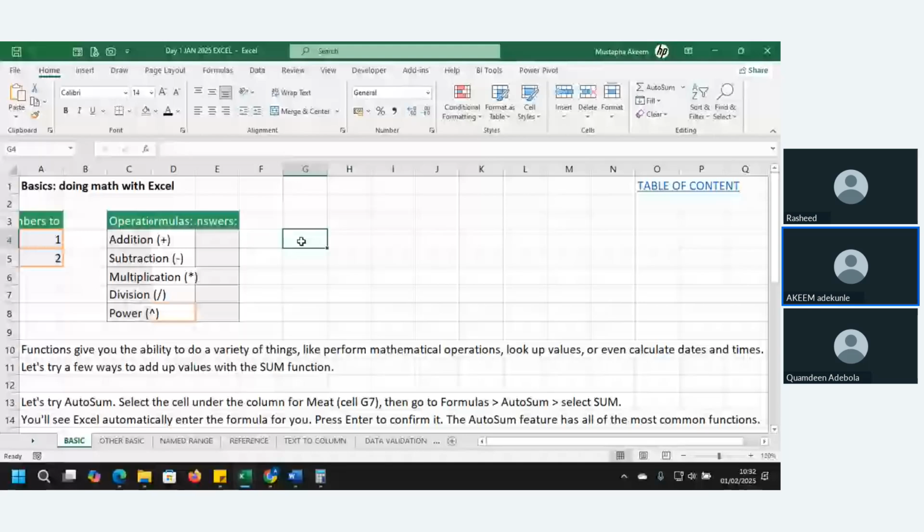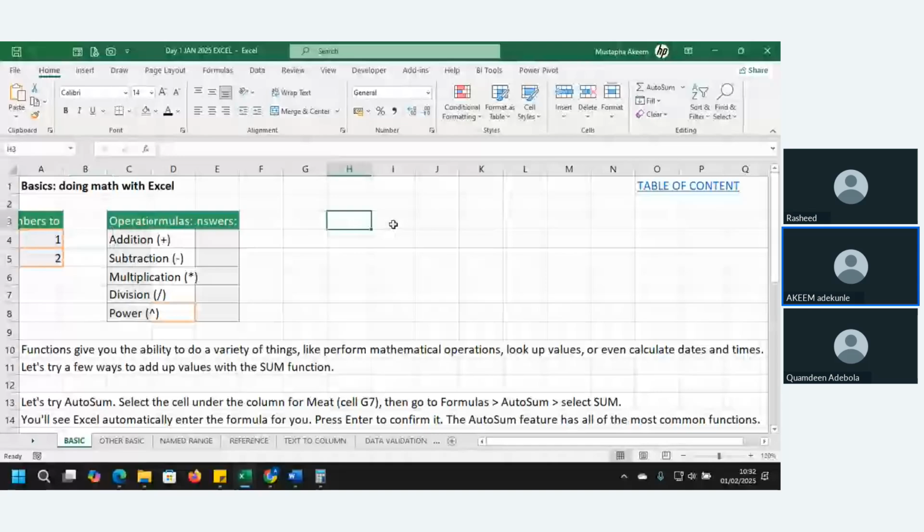When we work with Excel, Excel is basically used to store data, and we can also use it for calculating, analyzing, and summarizing data. For example, we have this number in cell A4.